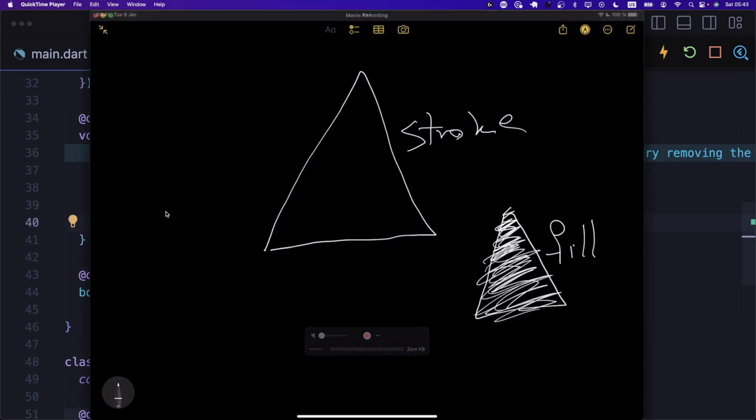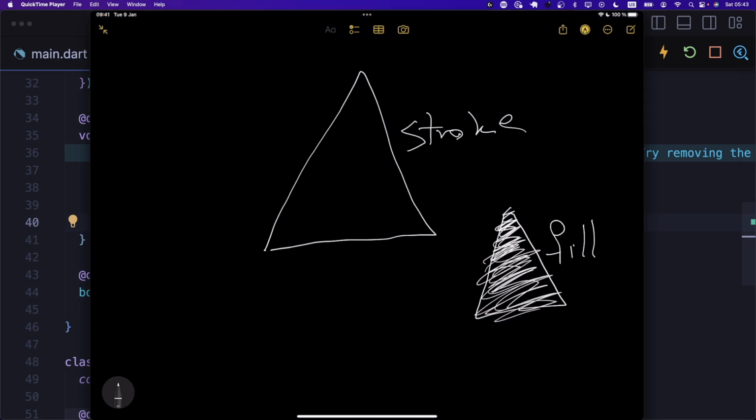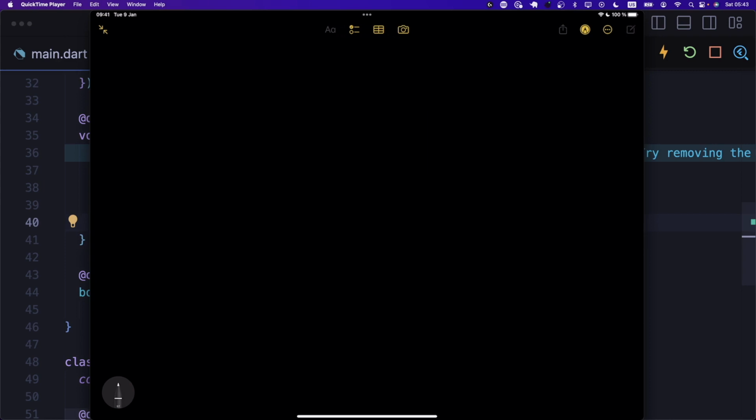So let me just explain the stroke cap quickly for those of you who are curious about it. This is something that not a lot of people explain, so I'll explain it. So let's say that this is the triangle that we want to draw, or any kind of shape with any amount of sides. It doesn't matter. It doesn't necessarily have to be a triangle. And let's just put a little magnifier in here. So let's say this is our magnifier, and we're looking at this edge where the two sides meet. So if we magnify that like 1,000 times and put it under the microscope,